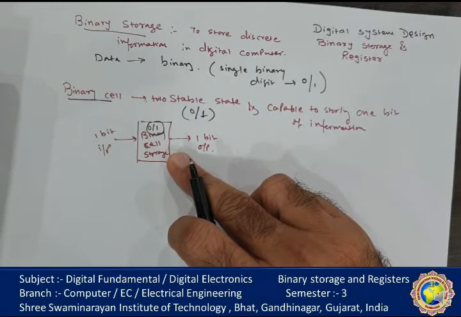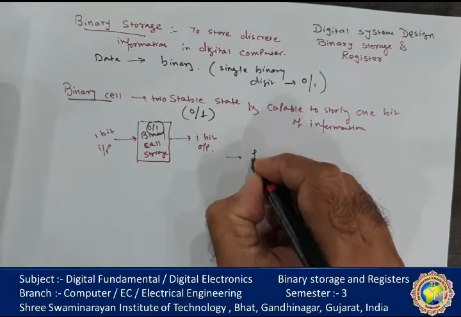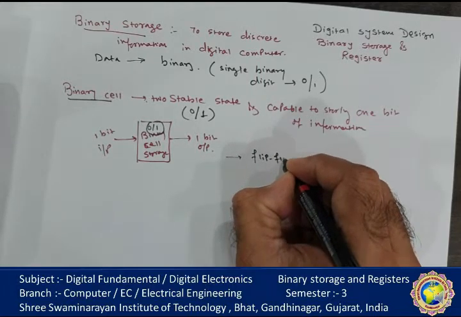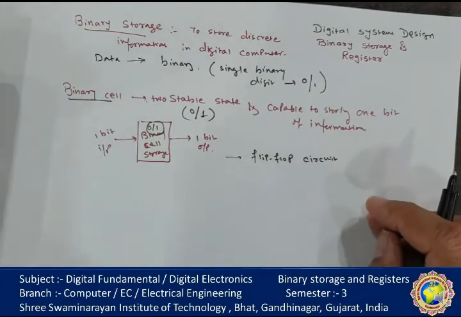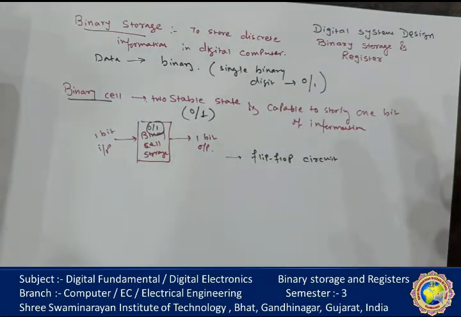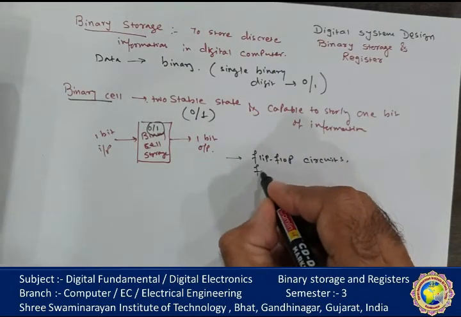Suppose a binary cell is an electronic flip-flop circuit. Normally it is known as a flip-flop circuit. In digital, we will discuss it later after discussing the different circuits. So flip-flop circuits, a ferrite core,